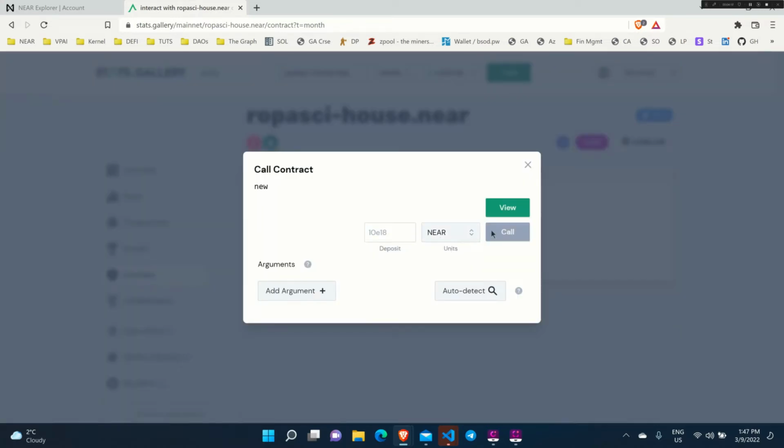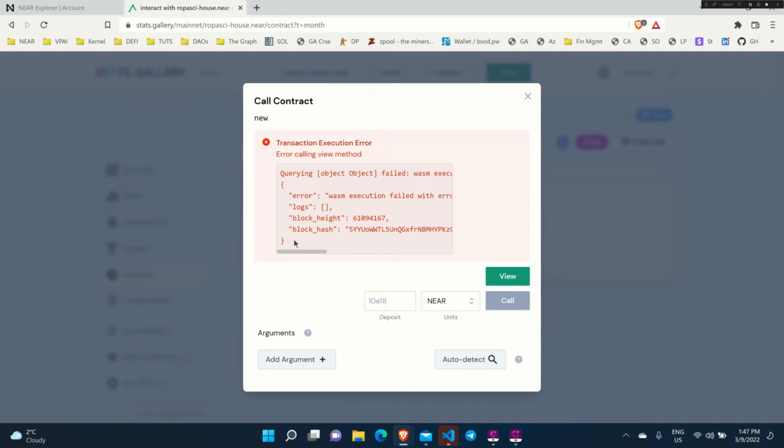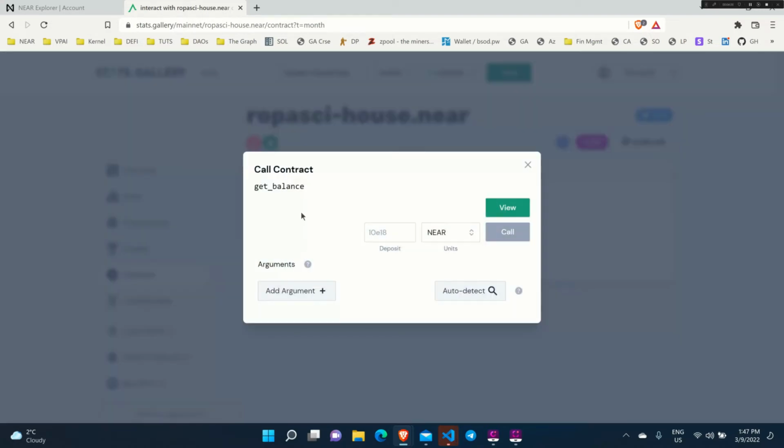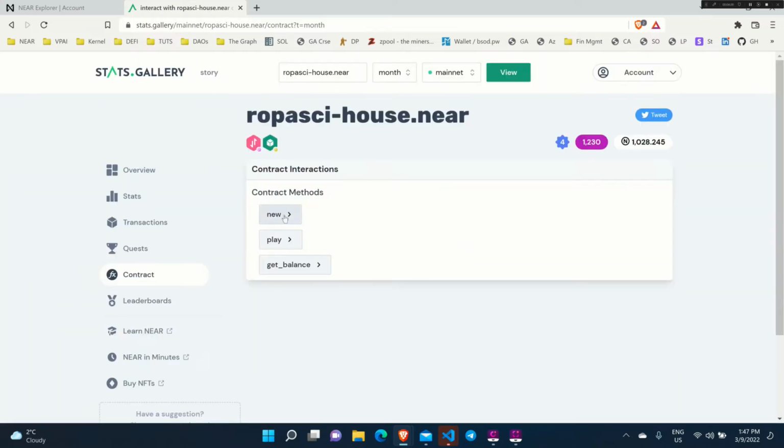So you can get an idea of what they do, if they do anything, by calling them or viewing them. It looks like this contract might not be ready to go yet. Get balance is typically a view call, so you're probably not going to build a function for that. But for new and play,